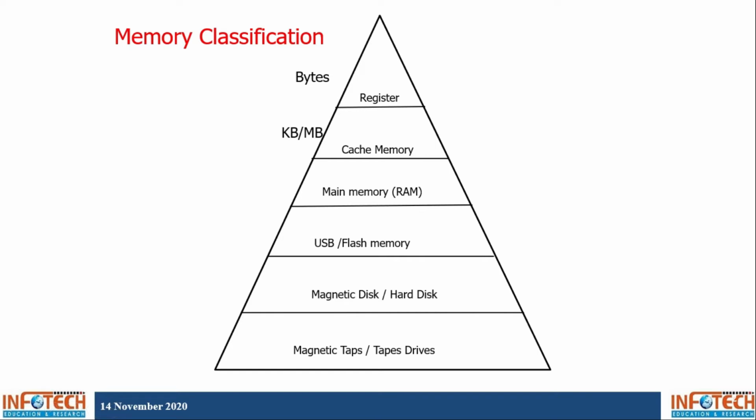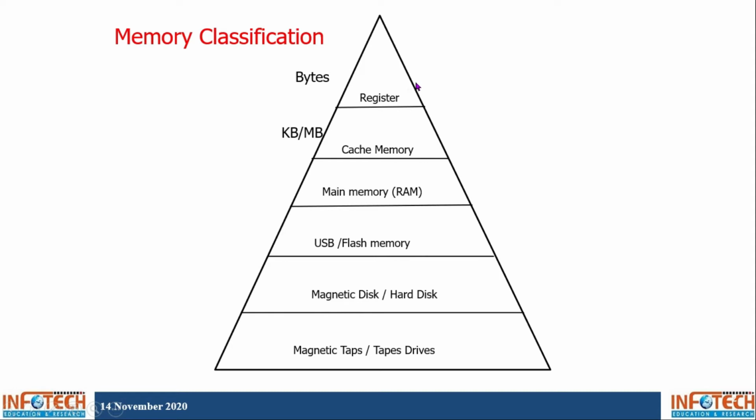I made this pyramid based on size, because the major difference is size and the second is access time. On the top, the register is written here. Why do I say this hierarchy? Because in a computer system we are not only using a hard disk, or only registers. We have all the elements of memory. Due to the cost, this will balance the cost and access time also.